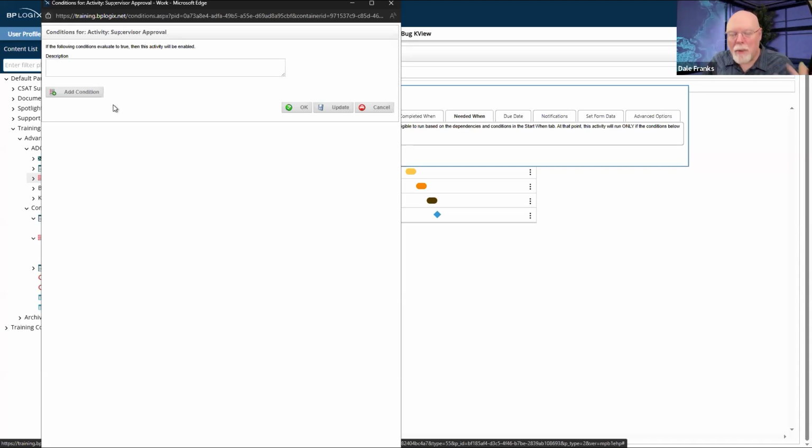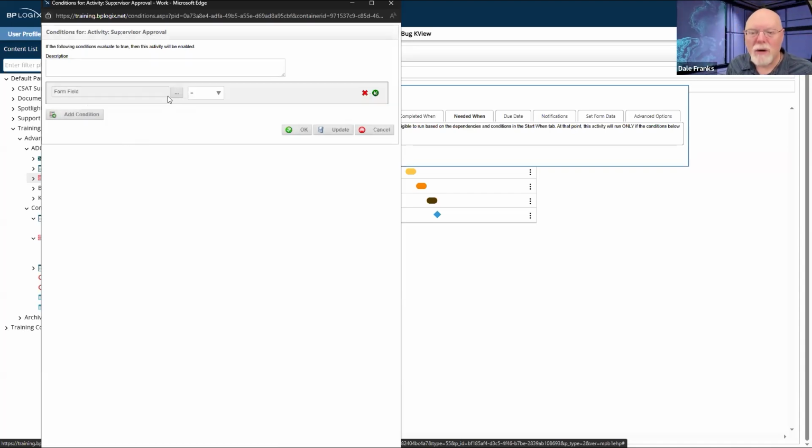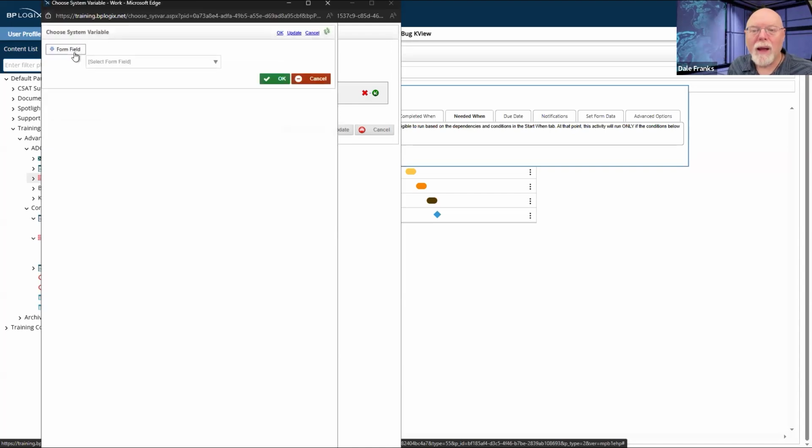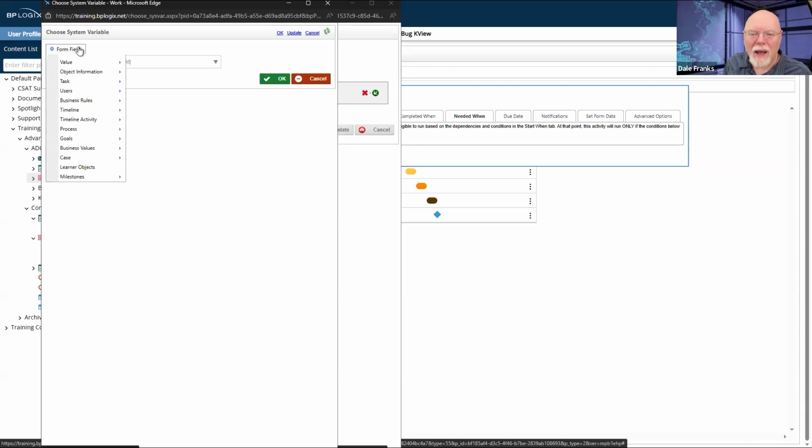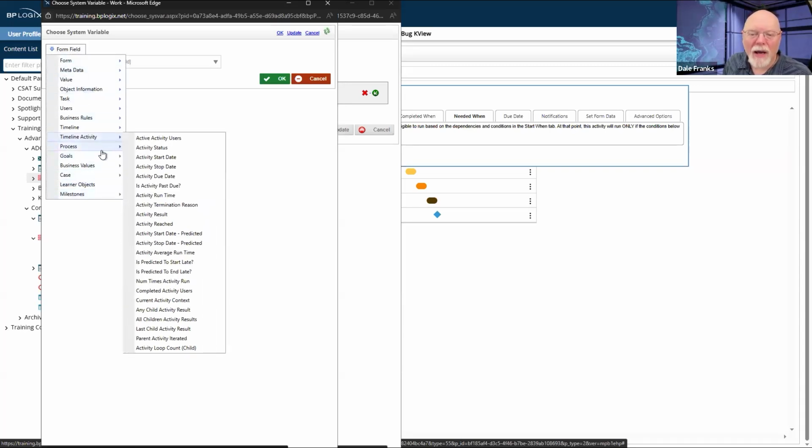Okay, now both of those results say redo, so both of them will cause the loop to redo, but one says supervisor approval and one says department head approval. So on the supervisor approval, I can do a test to whether I want to run this. Now, in this case, I want to run it even whether it is repeated or not. So I don't care about the repetition, but I do need to have it run if any child activity result